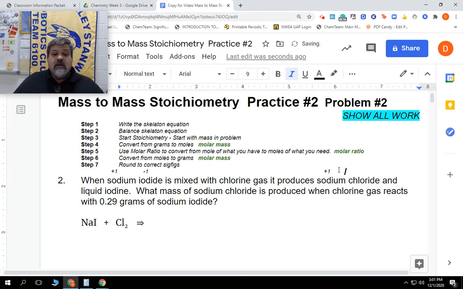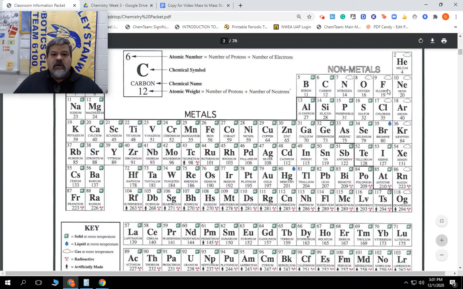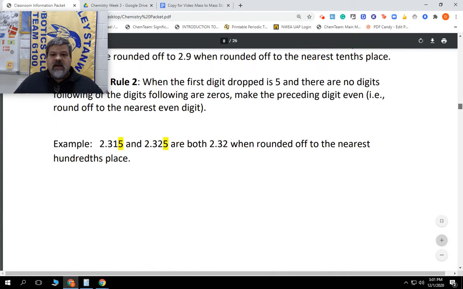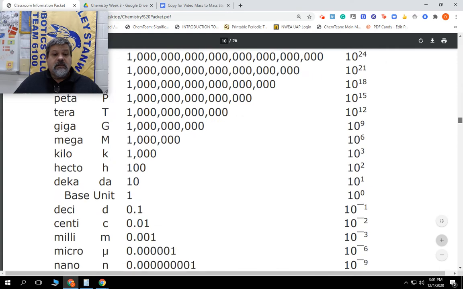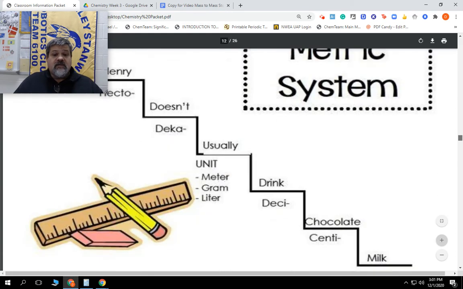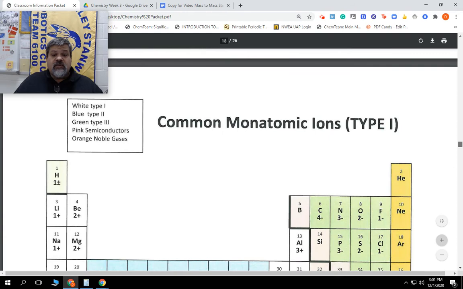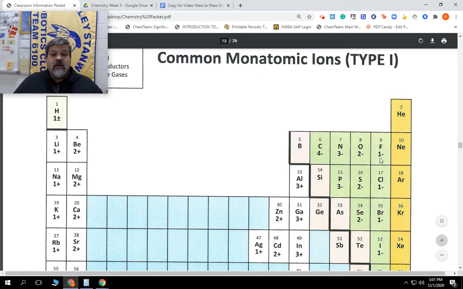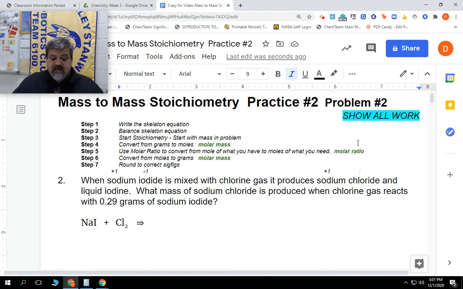And chlorine, and we'll double check chlorine real quick. We'll see what that is if I go to our packet. Chlorine is right here, which is in 7A or 17, which makes it a -1. Okay, so it's a -1 also. We'll double check right here on our sheet. Here it is right here. Okay, a -1. So let's go back to our question, and we know that that's a -1. They cancel each other out, so we just put one of each one down. So I go back over here, and we're going to put in our sodium and then our chlorine, one of